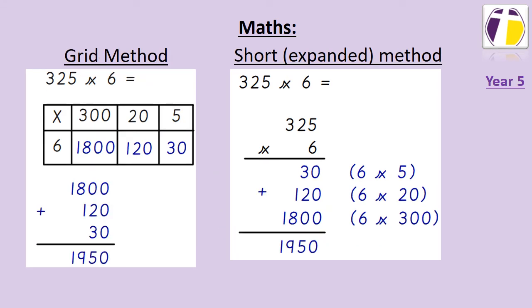Once I have all 3 answers, all I need to do is add those 3 numbers together. This is the same concept in both methods. I am going to add 30, 120 and 1,800. You'll notice in my short expanded method I have just drawn a line and added those numbers together. In my grid method I found it easier to write these numbers out rather than do it in my head, and I decided to put the largest number at the top. My final answer for both methods is